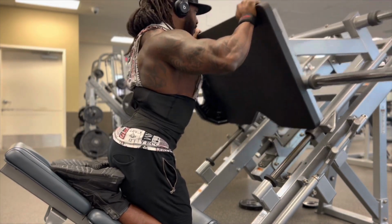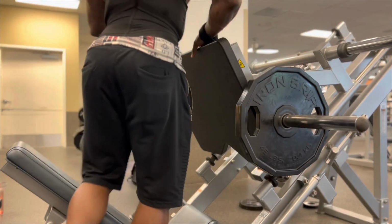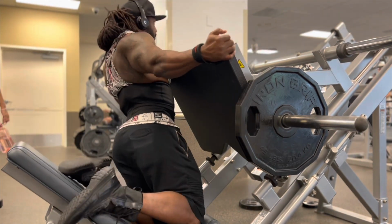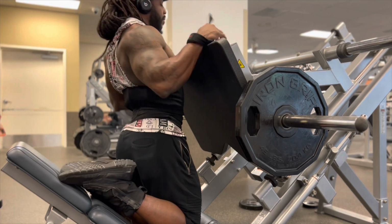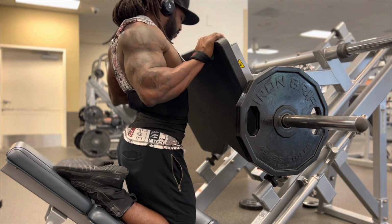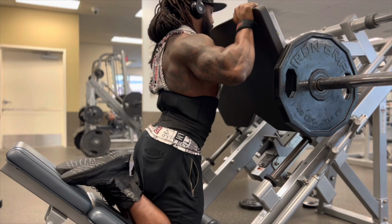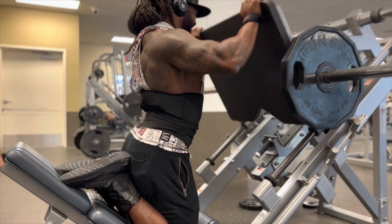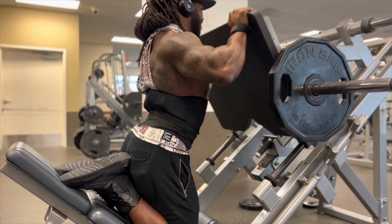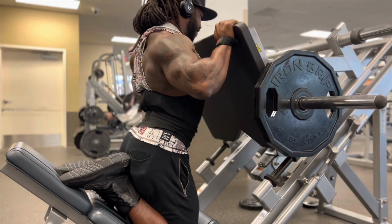Now, the sled itself of the leg press weighs 120 pounds, at least this particular leg press. I don't know about your gym, how much that sled weighs. It should tell you somewhere on the machine. The point is that you can increment the weight up to get to a maximum that you're able to push, all while having a safety step underneath the sled to protect you. Therefore, you will never get crushed. You will never have that weight come down on you. And guess what? You don't need a spot, so you can do this solo dolo, all independent, and that's what